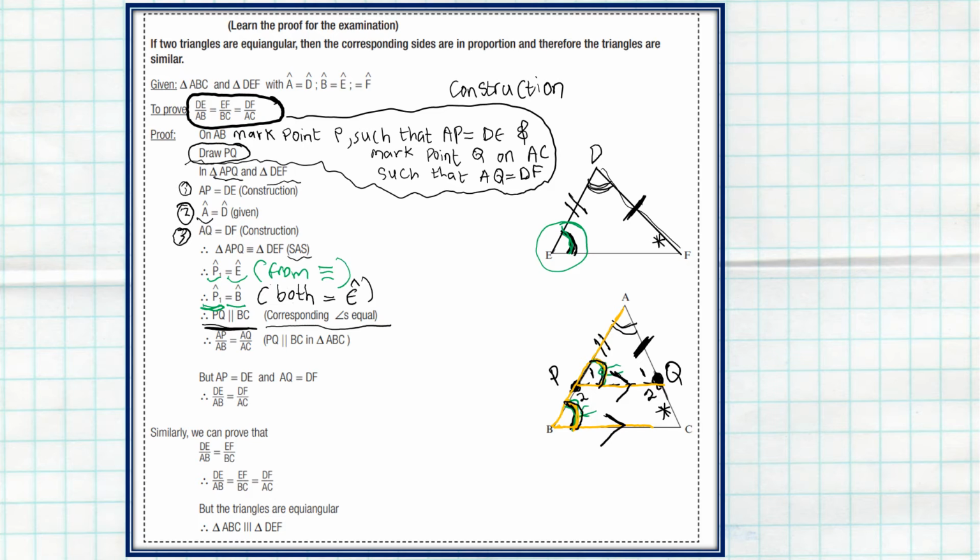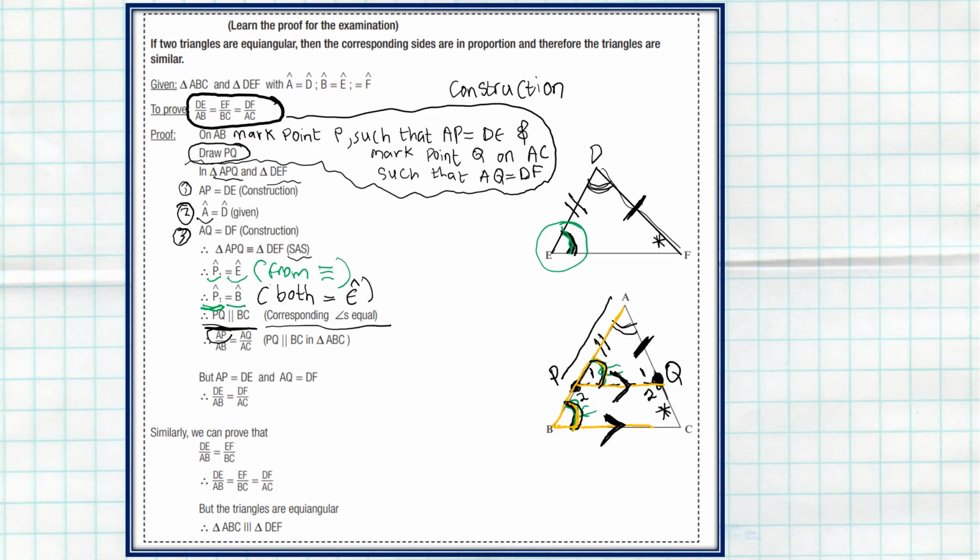P1 is equal to B, right? So because corresponding angles are equal, we can deduce that this line is parallel to this line. So after deducing that, what can you do now? We are now thinking of a certain theorem that we did in session 1, the proportionality theorem: if a line is drawn parallel to one side of a triangle, it will divide the other two sides in the same proportion. So we can now deduce that